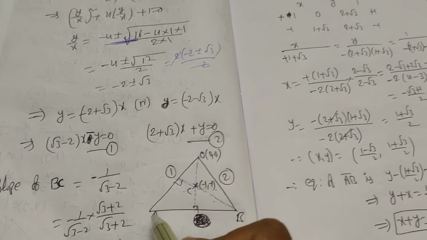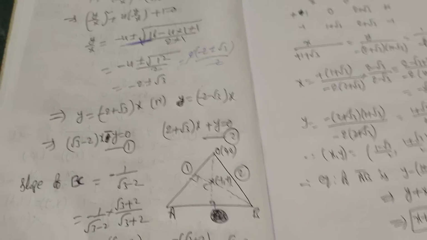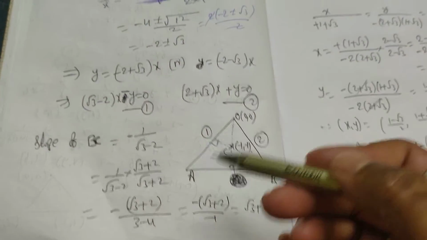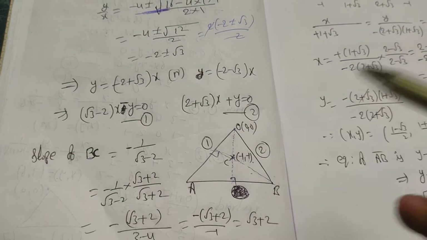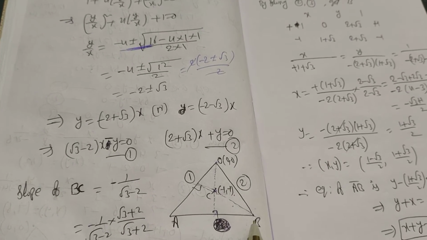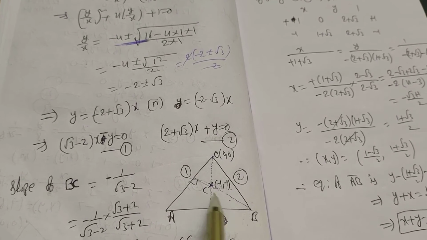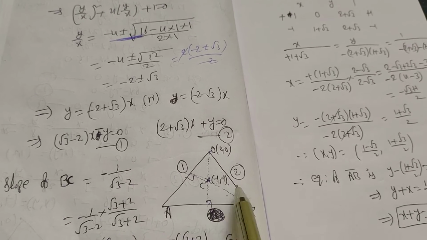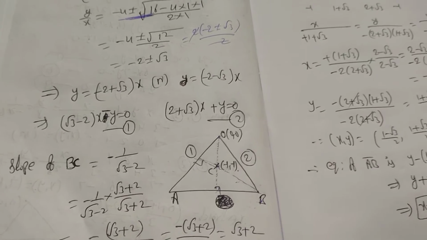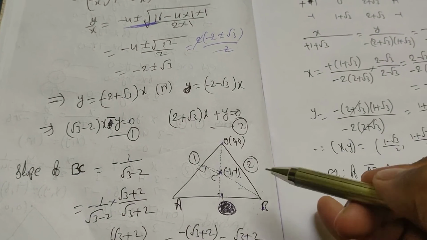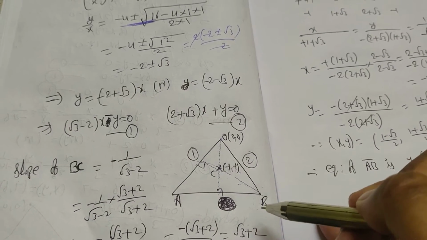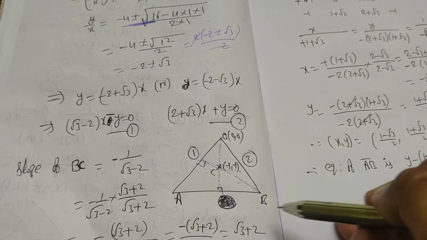We know the slope of AB. So if you find at least the A point or B point, our problem will be completed. Here I am finding the B point. How can you find B? If you solve the OB line equation, that is the second equation, and the BC equation, we can find the point B. How do you find the BC equation? I will explain. So first I am going to find the BC line equation, then solve the second equation and the BC line equation, which gives point B. Then you can use the point-slope form, which gives the third side.